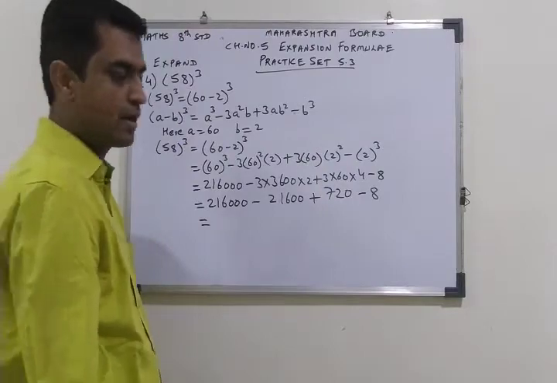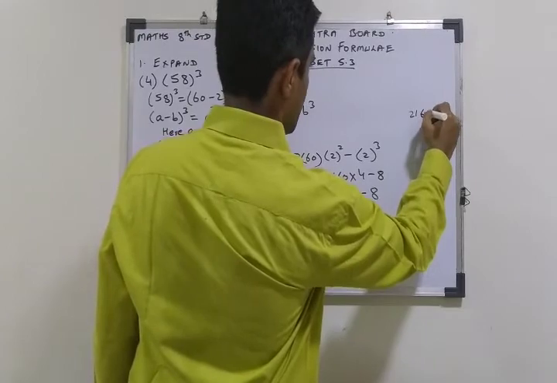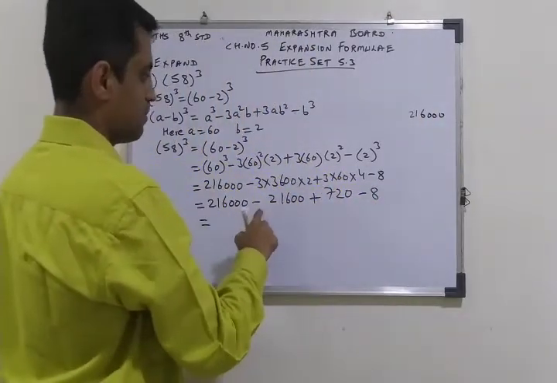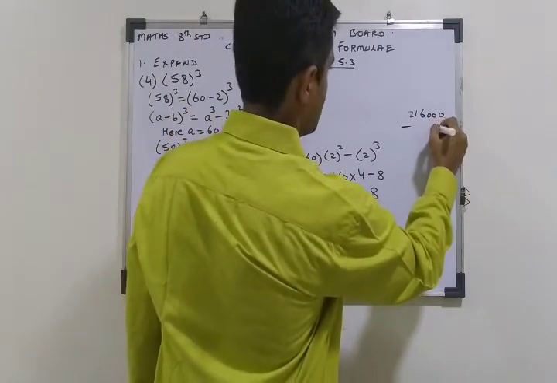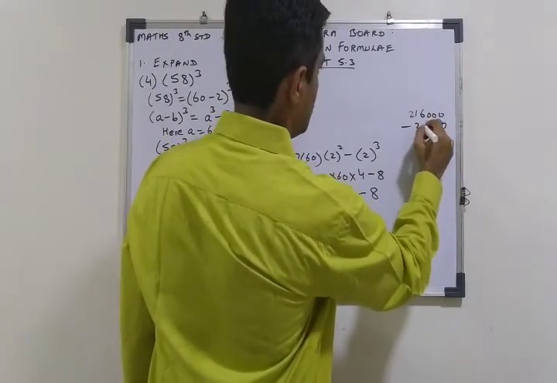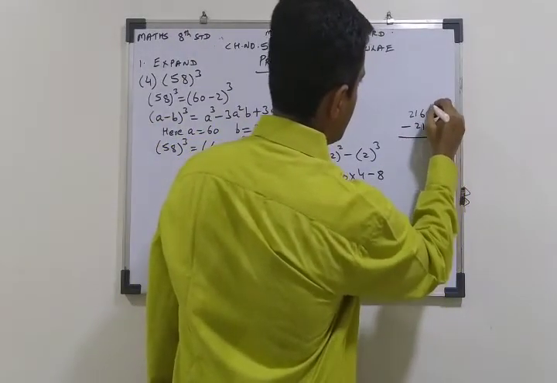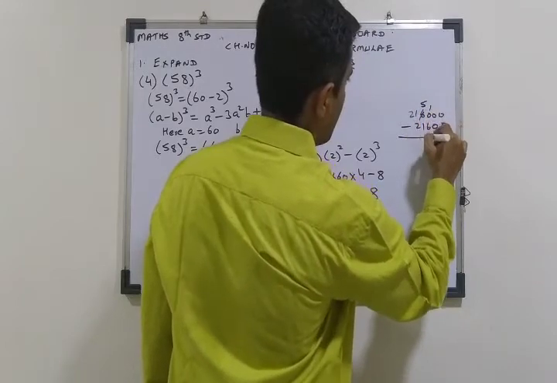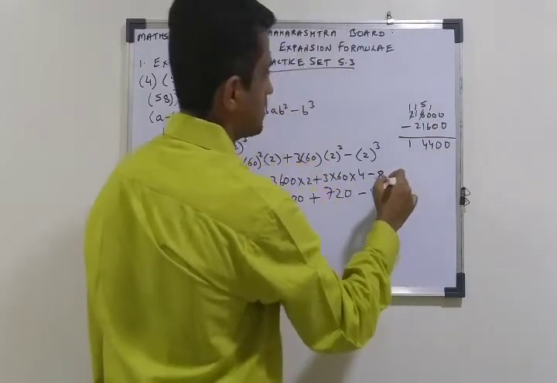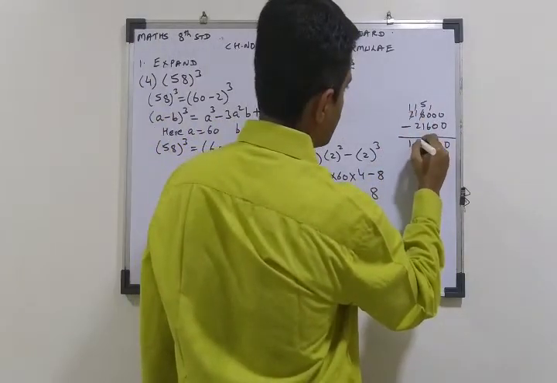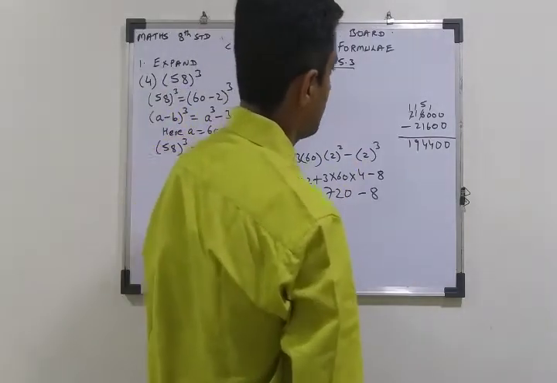Now here, okay, so 216,000 with 3 zeros minus 21600, write the digits properly, please. 0 0 10 5 10 minus 6 4 4. Here 1 12 minus 11 minus 2. Yes, 9. Okay. So here 9 is there.